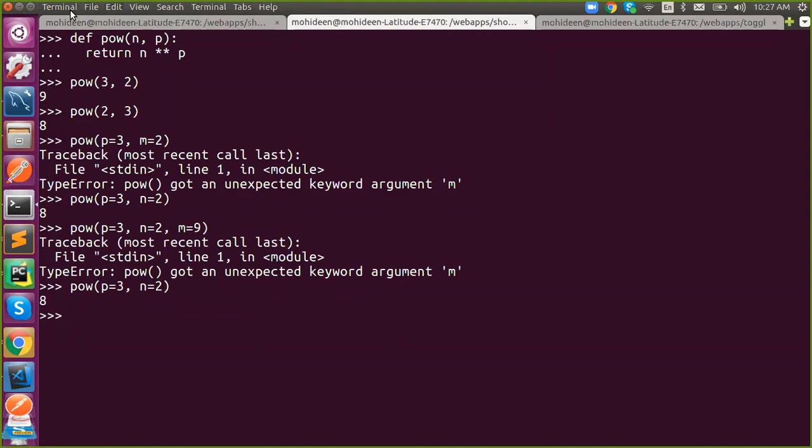Now we are going to talk about another type of parameters while you are defining, that is with the default. So while defining, I'm going to say n is equal to a default number 1, and for power the default is 0. Anything power 0 is 1. I hope you all know that. So anything power 0 is 1.